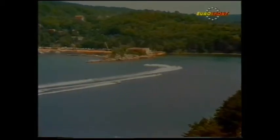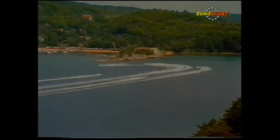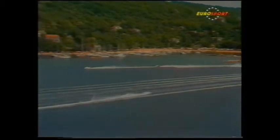Kimby built boat, new boat for this season, an Evinrude engine, 850cc, 110 miles an hour as they come into that bottom turn, digging the lee hull in very tightly. The inside hull of the boat digs into the water to give them a grip, then they quickly lift the boat out again using the power tilt on the engine to lift the bow of the boat, get the air